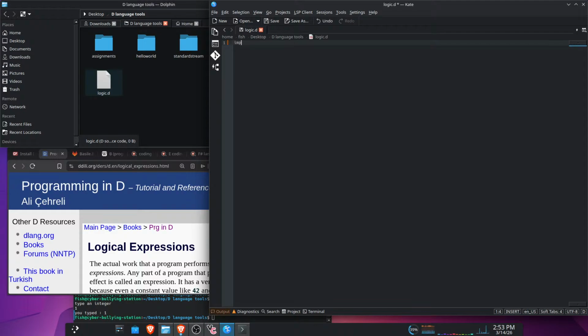What's the first thing? Import. Oh, I need to do control plus. Alright, we're going to try to do this all in one line. And then what you would do is do your next thing, which is going to be,